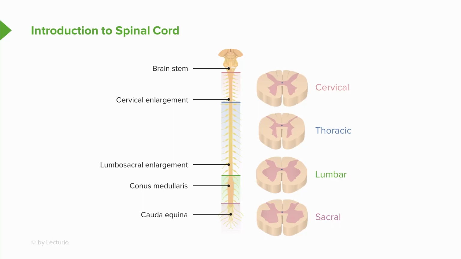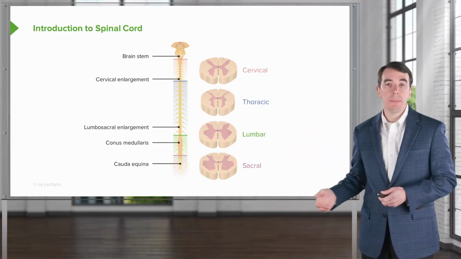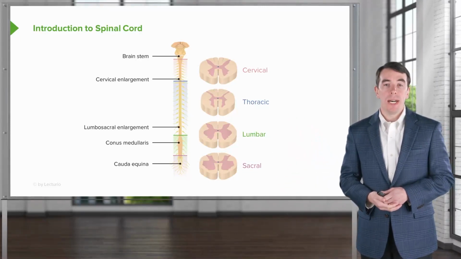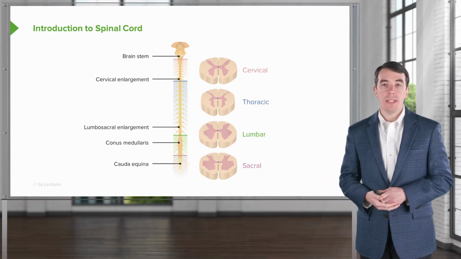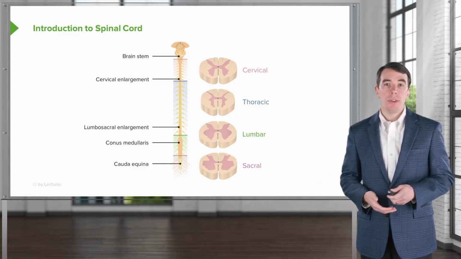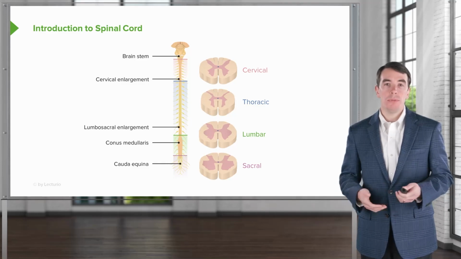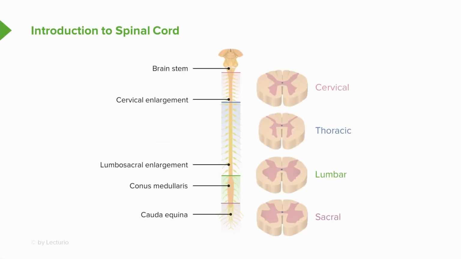First of all, there's a different amount of gray matter in each area and segment of the spinal cord. We have a lot of cell bodies in the cervical region, and so more gray matter and more cell bodies arising out of that area to give our arms all of the innervation that they need. There's less gray matter in the thoracic spine, where there are only a small number of nerve roots going to the thoracic body in that area. Down in the lumbar spine, which gives rise to all the nerves leaving the lumbar spine to the legs and arriving in from the legs, we again see more gray matter. And so you can see the variation in the amount of gray to white matter in each area of the